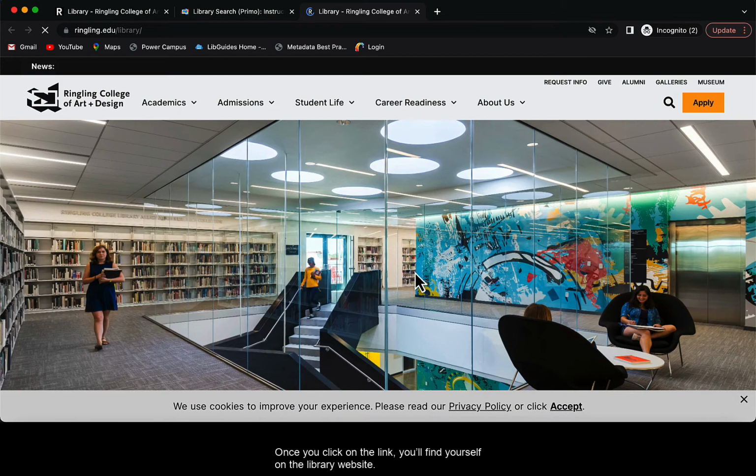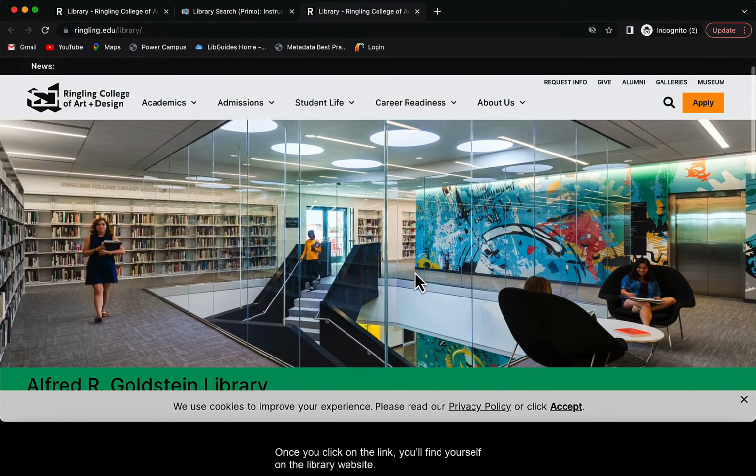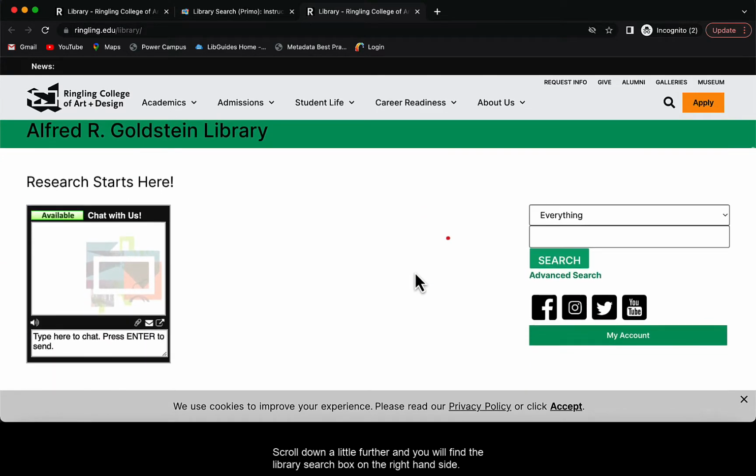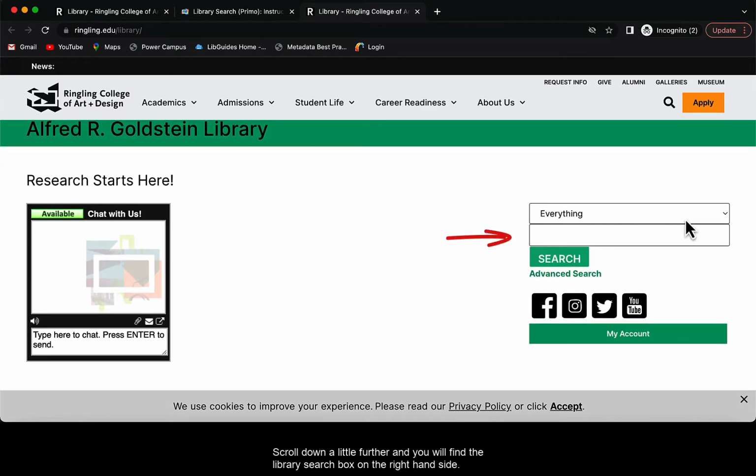You'll find yourself on the library website. Scroll down a little further and you will find the library search box on the right-hand side. Now, you have a few options as to how you search right up front. You can either search everything all at once, which will include results for online articles, ebooks, physical books, DVDs, etc.,